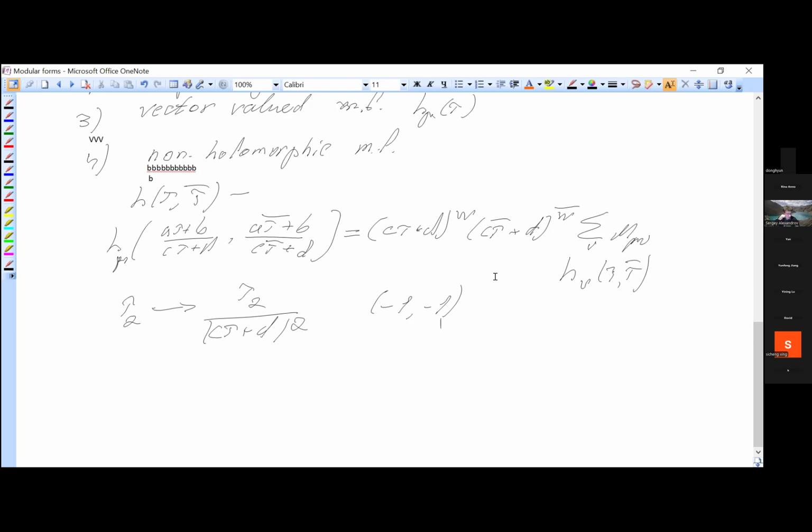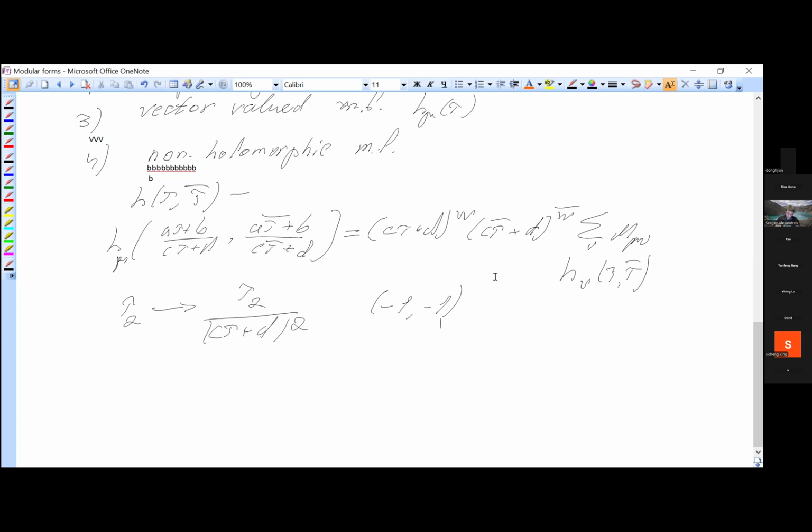We do have modular forms of half integer weight. That's for sure. And now I will define what the mock modular forms are. When we consider mock modular forms, we will also deal with the idea of modular completions. They are non-holomorphic modular forms in the sense which I defined here, although with the trivial non-holomorphic weight, namely W bar is equal to 0, but they do have a rational W.